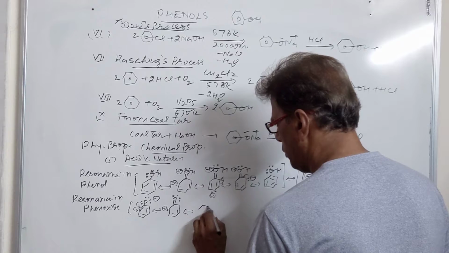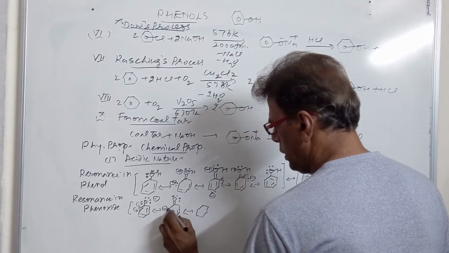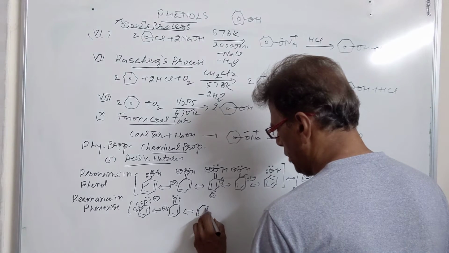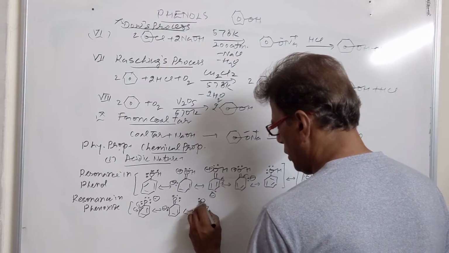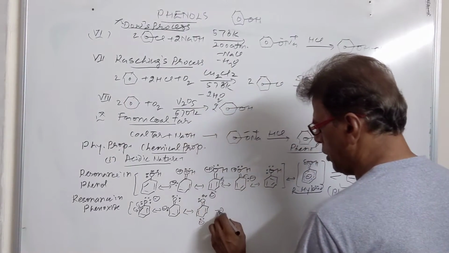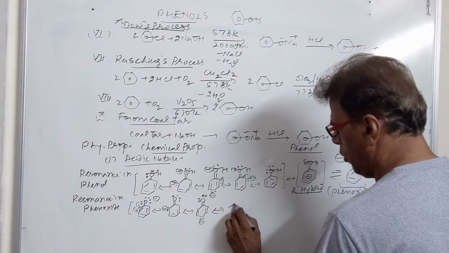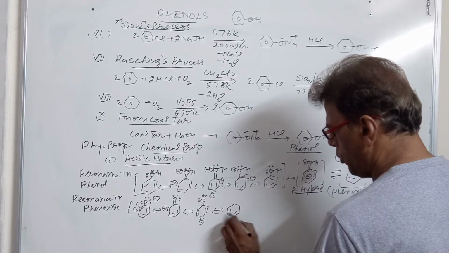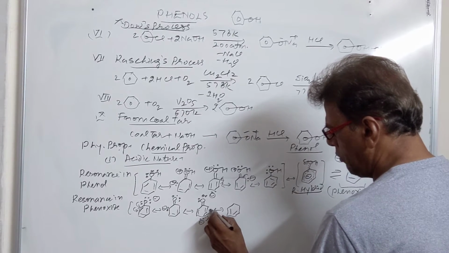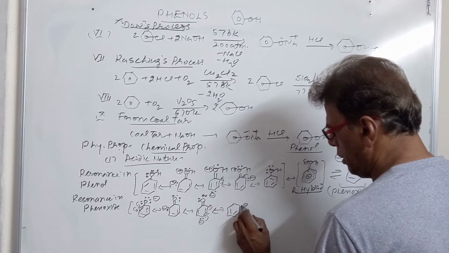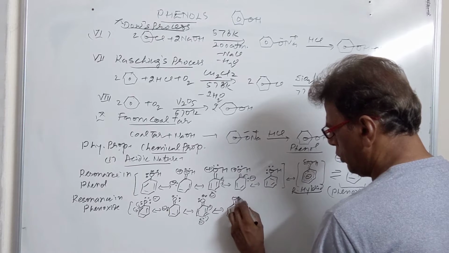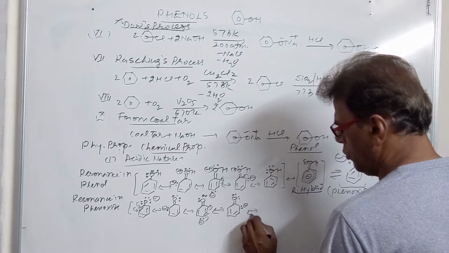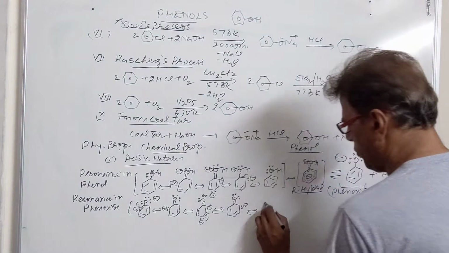Then we come here. This lone pair comes here, and the next lone pair goes to the para position. Oxygen does not acquire a positive charge here because it is having all 6 valence electrons intact. Then this will form a bond here. It will come at this position in the negative form. Oxygen has no charge. The ring is having a negative charge.